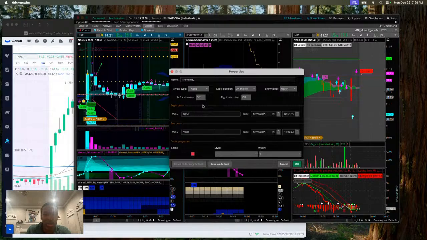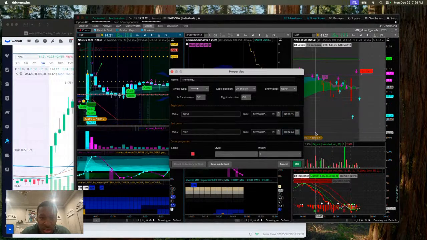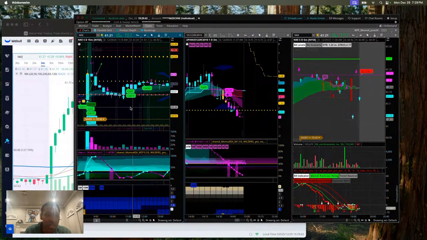Then I will come in tomorrow and update the expected move, because that number will change. So 59.57 would be $1 down, so I'm just going to say 59.20. I want to have my bottom line red. I want to go to 8:30 because that's when we opened, and I want to go to 9:30 right here. And you can see once I click OK,